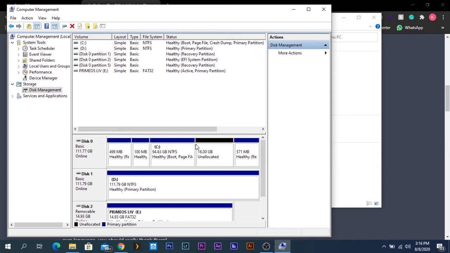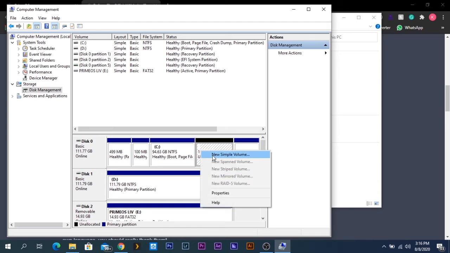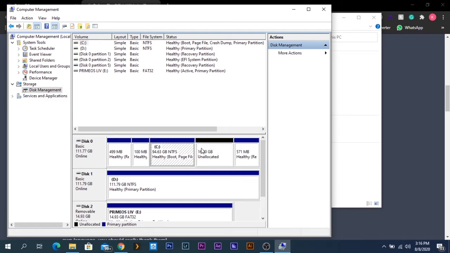After you shrink the partition, you will get an unallocated space. Do not right click this one and click new simple volume. By doing so, you will not be able to create a partition for your Prime operating system. So what you need to do is, after the partition is created,